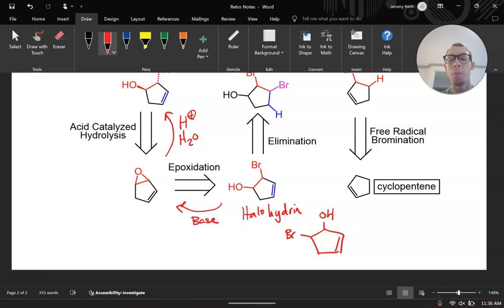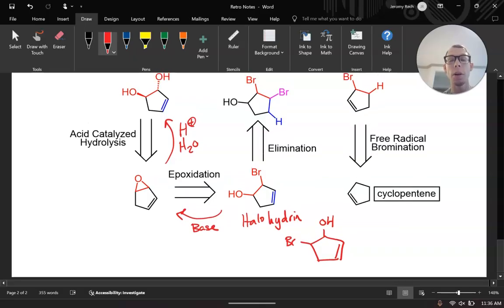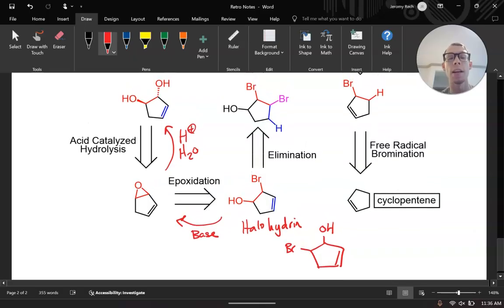Both of those would form. So both of those are perfectly fine routes. And where there'll be some kind of trial and error is that one of those might be a lot easier to make than the other. There are also some considerations that you'll eventually need to take into account when you go in the forward reaction. So for example, when I think of my acid catalyzed ring opening of the epoxide,